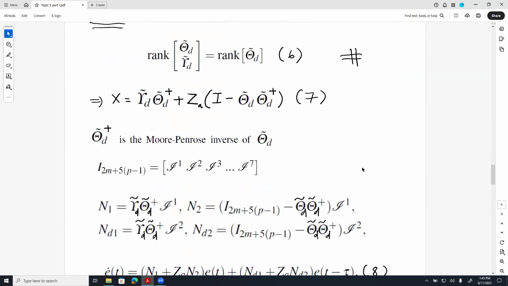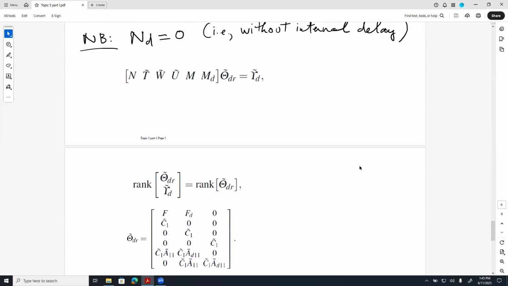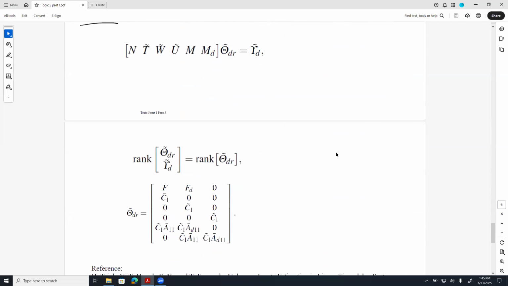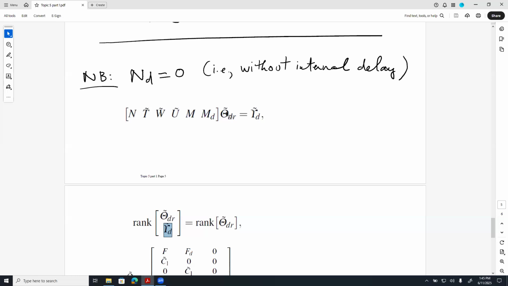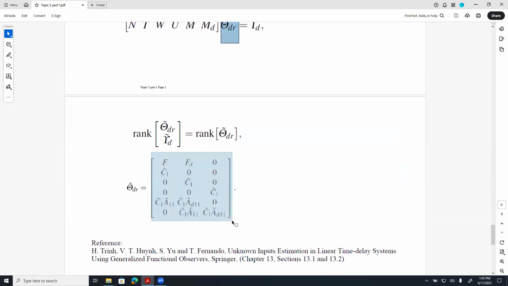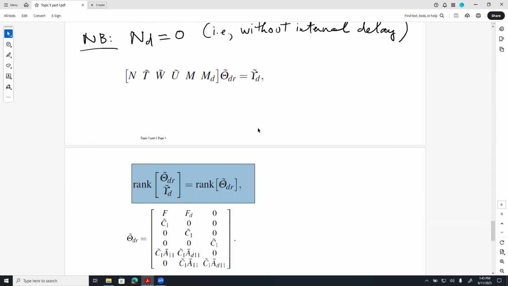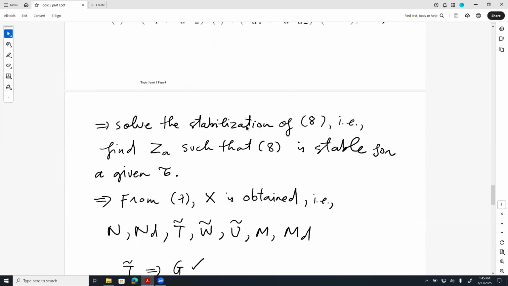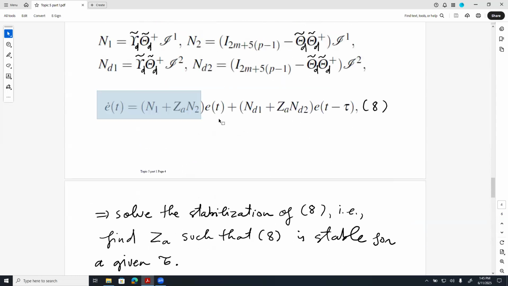And so we have this reduced if and only if condition where that matrix is still the same as before, but this matrix would have a reduced number of rows, which is the one here. And of course, if this condition is satisfied, then it will give us an error dynamic equation without time delay. So we are left with this bit only, and therefore